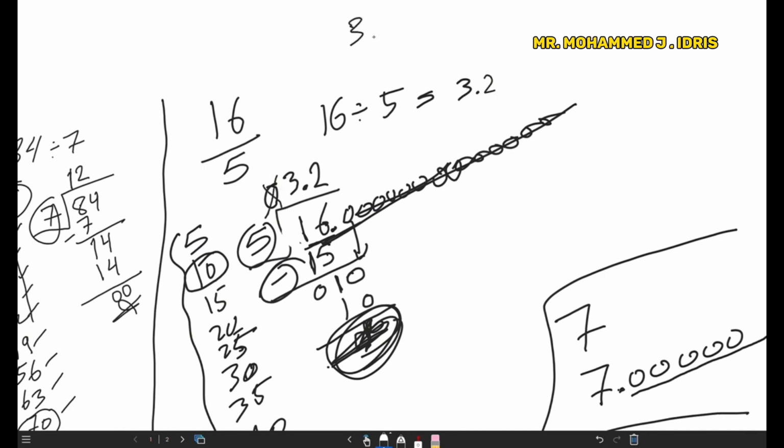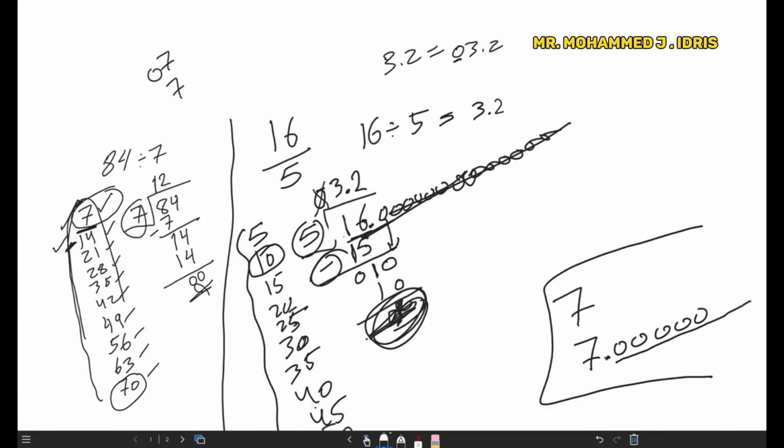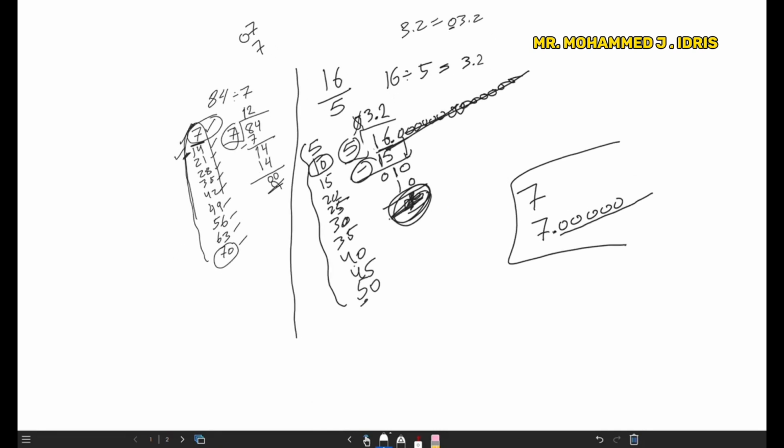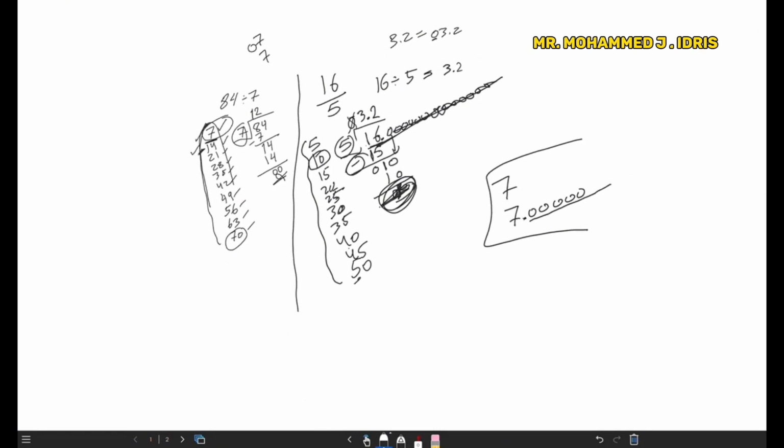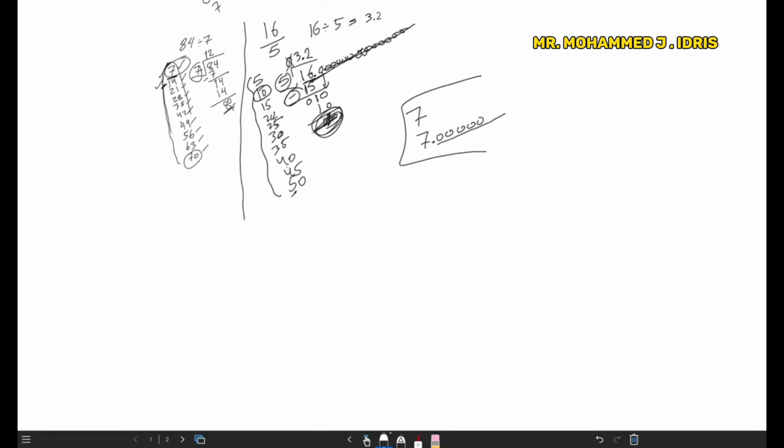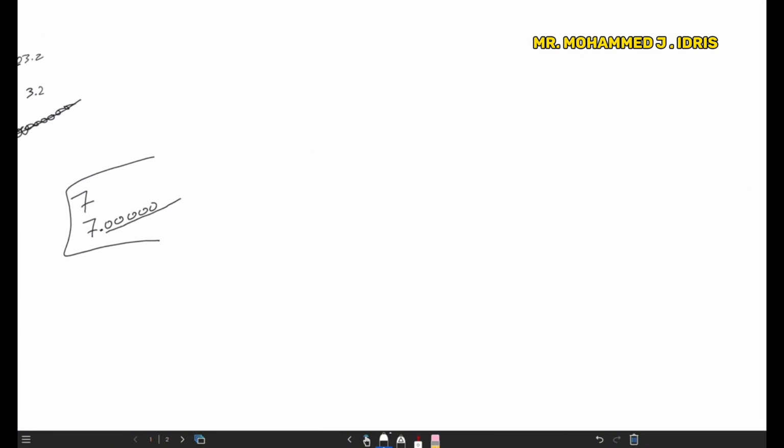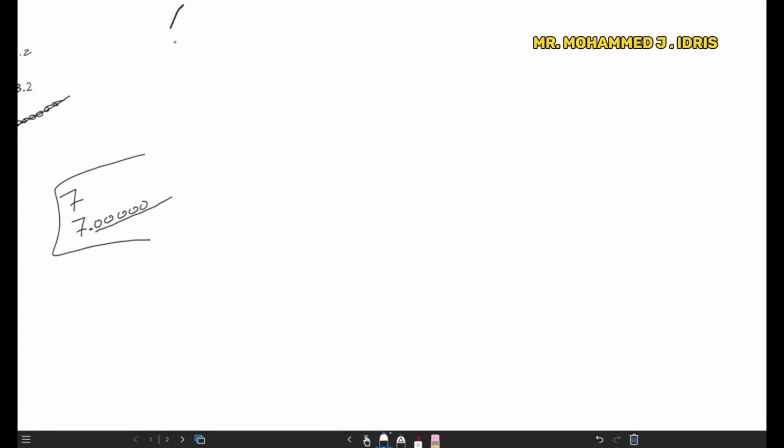So the answer is 3.2. طبعا لأن الزيرو هذا not important لأن هي لو كانت 3.2 هي نفسها 3.2. Zeros on the left are not important. الأصفار اللي على اليسار ما لهمش قيمة. يعني لو مثلا عندي رقم 0 7 ولا 7 هو نفس القيمة. فهذه تبقى مثلا 16 divided by 5. Let's go to another one. Let's say we have